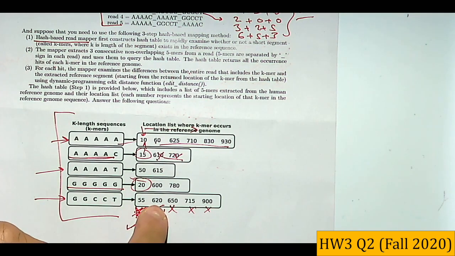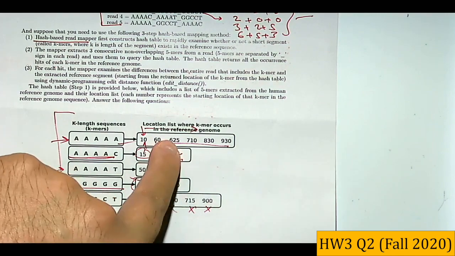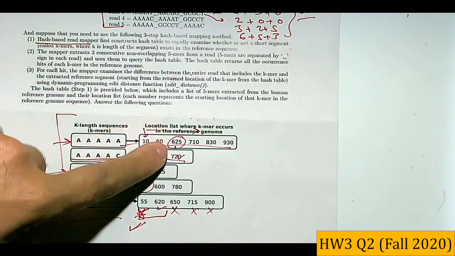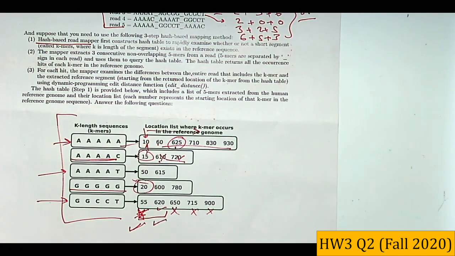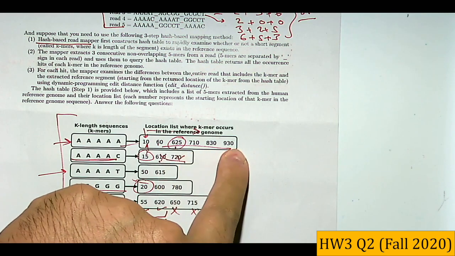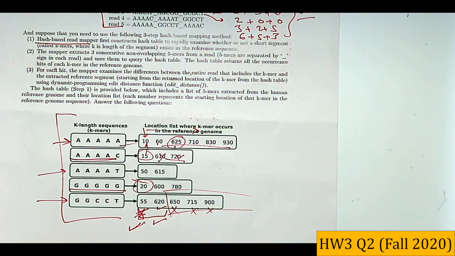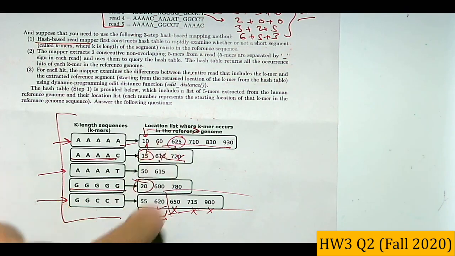And now 620, we should look for 625 here, which is this one. So we have it there. So this is a correct match. Now here, 650, what's next should be 655. Do we have it here? No. Okay. Yeah, anyway, we shouldn't continue, right? Because they were not matched from the second k-mer. So we have only those 2 positions,